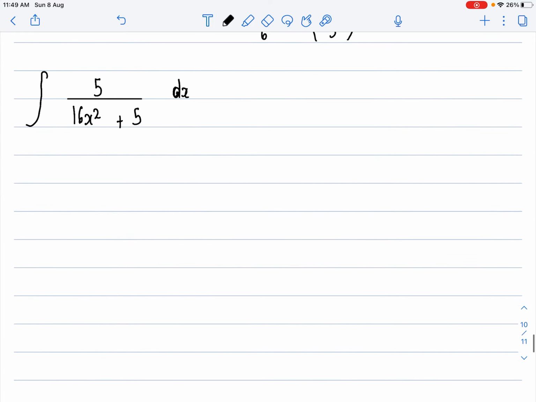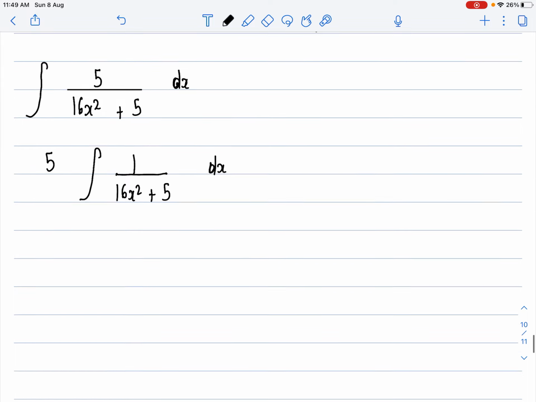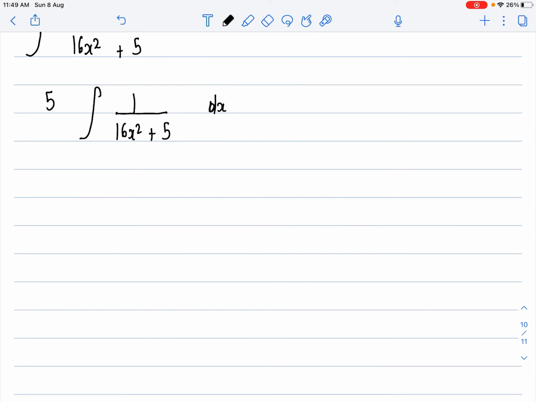Okay, so the first step is basically take your 5 outside and write this as the integration of 1 over 16x square plus 5 dx. So first we need to write the denominator in a whole square format. So I know first that I can write 16x square as 4x the whole square. Correct? So I can write this as 5 multiplied by the integration of 1 divided by 16x square can be